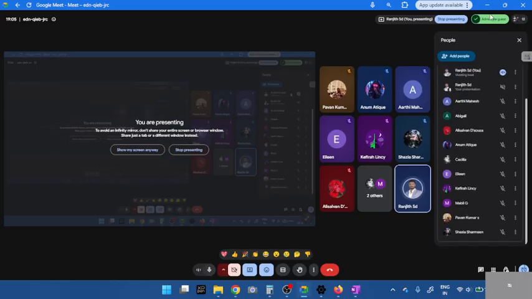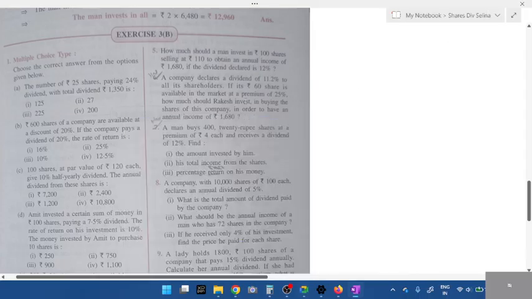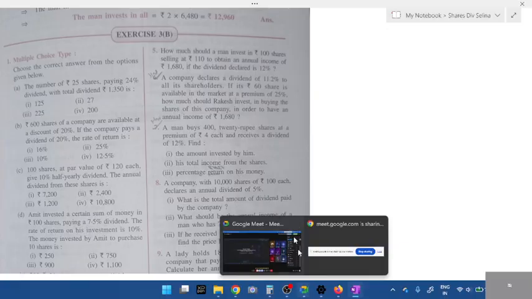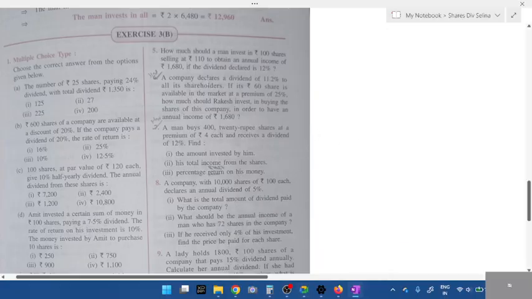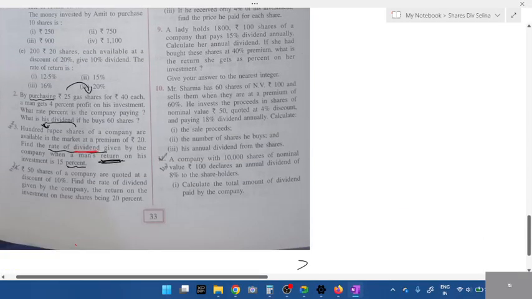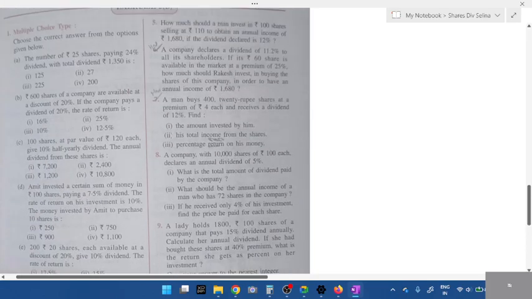Why is nobody responding? Last week we did this, students. Saturday, how many questions did we complete? 3B. Can you see the screen, all of you? How many questions did we do in 3B? I think the third one I've explained. The fourth one is the fifth one. Look at the sixth one. So I've done 5 questions. Those who are absent or didn't make a note,